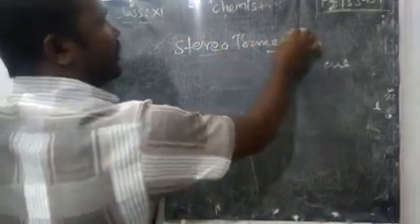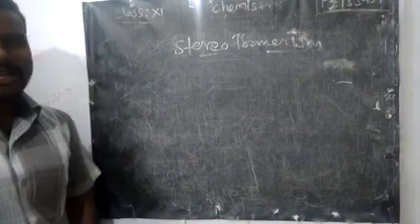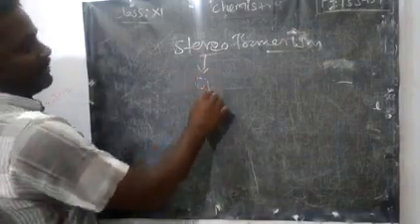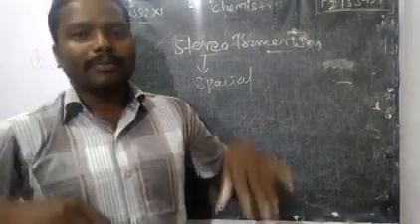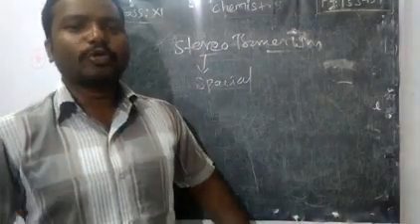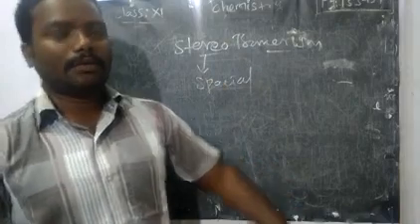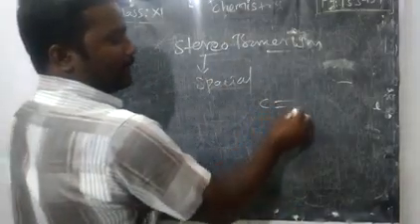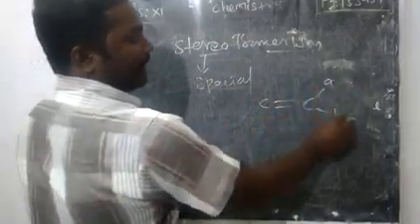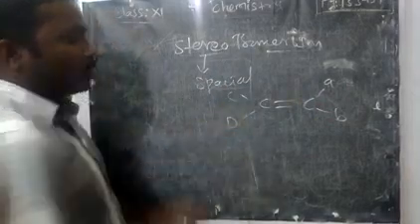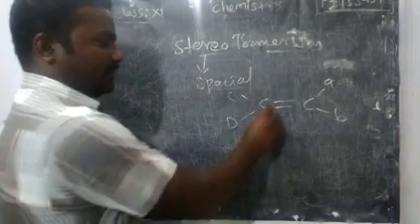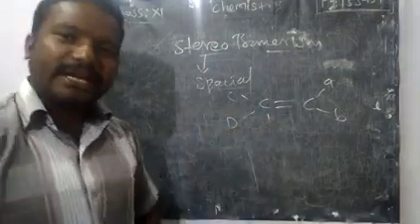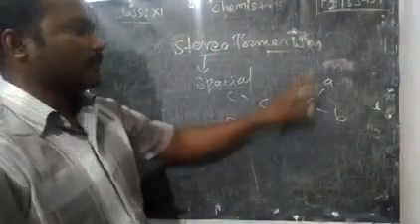What is stereo isomerism? See, stereo means spatial arrangement. That is very important. If you see the compound, it may be connected with the same groups on the same carbon. If you see carbon with A, B, C, D, all four are connected to the same carbon. First carbon with C, D connected. If you see another isomer, that is also the same, right?